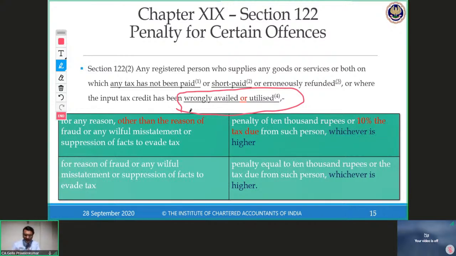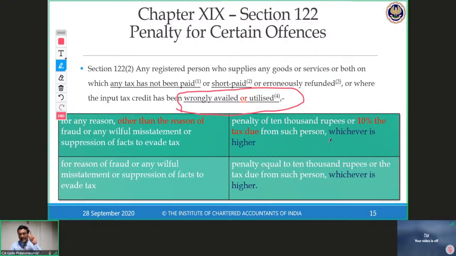Example number 2. I am doing an accounting entry. While accounting, I have to punch 32,000. By mistake, I have punched 3,20,000. The bill got accounted and the input tax credit also got accumulated. Or I have taken an export from my ERP software, and while doing the mathematical calculation, somewhere by mistake an extra 0 got added. The 32,000 has become 3,20,000. Wrongly availed, wrongly utilized. Then what does it say? Look, for any reason other than fraud, intention, misstatement or